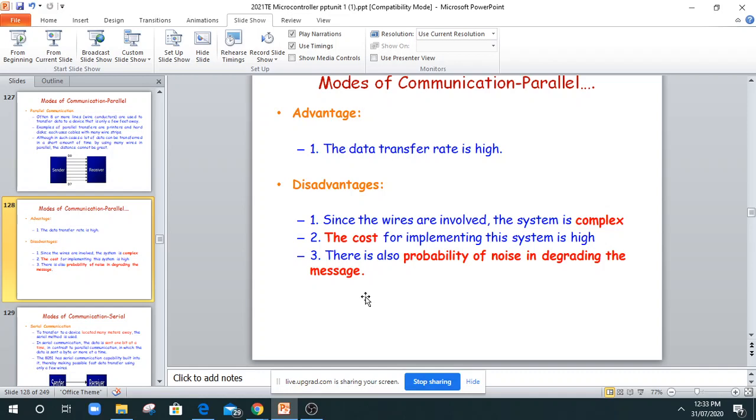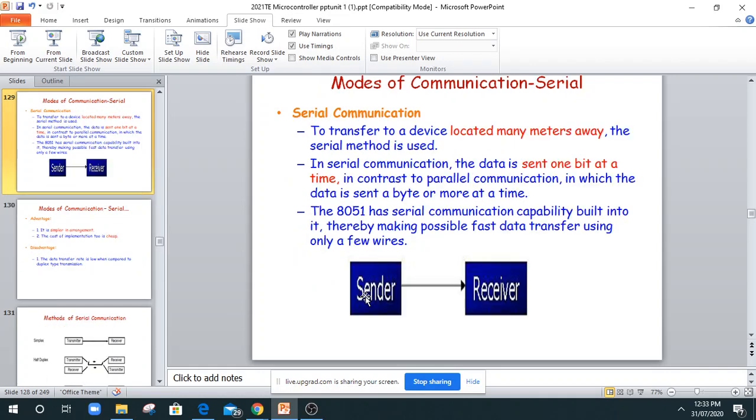But the advantage of parallel communication is that speed is maximum, because at a time that many bits are moving from one device to the other. And that's why this is one way of communication, parallel communication, and the second way is serial communication. In serial communication there is only one wire for transmission and one wire for reception. Means the whole data is moving from one device to the other with the help of only two wires. One is for transmission and one for reception. In this fashion, with two wires you can transmit the data between the two devices.